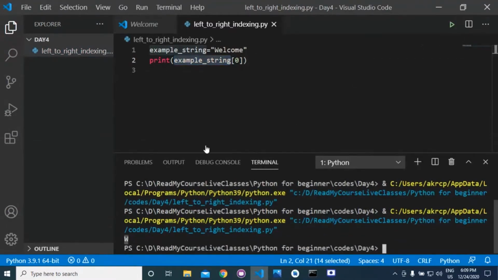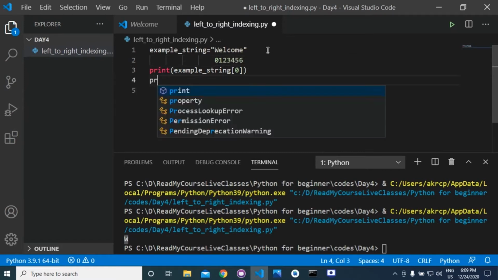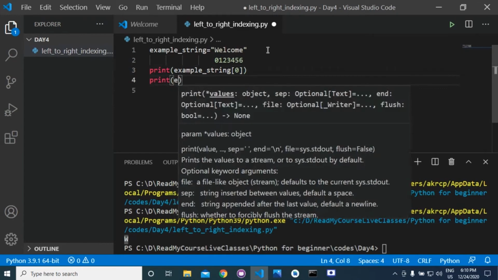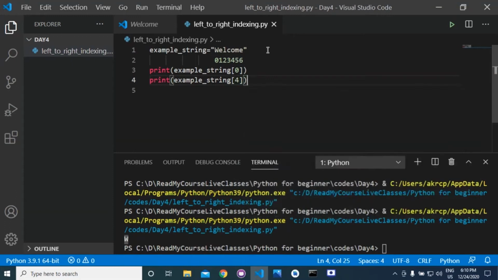W. Similarly, for left to right, this W is at position 0, this E is at position 1. Similarly, 2, 3, 4, 5, 6. So if I write print example string 4, then what will be the answer?